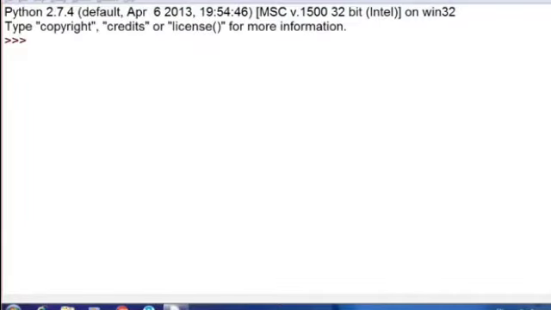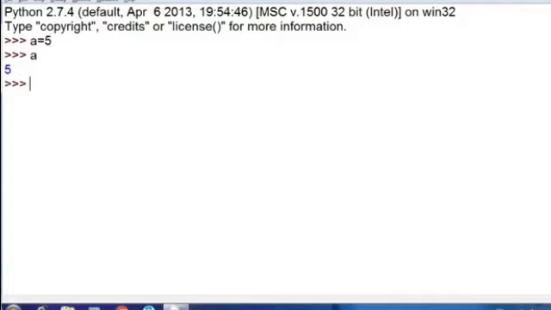Now let me tell you some multiple assignment of the variable. So let us begin, students. I have opened now the Python shell. So I'm going to show you in interactive mode how we can do the assignment of the value to the variable. Now suppose we have written here a is equal to 5 and then I have written a to print a. So I'm getting the output as 5.